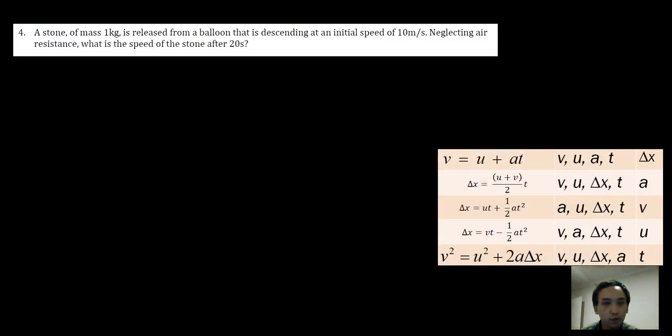So in this problem over here, we have a stone of mass 1 kilogram released from a balloon that's descending at this initial speed. So what's actually happening over here? First of all, let's imagine this using a diagram. We have our parachute over here, and it has an initial speed of 10 meters per